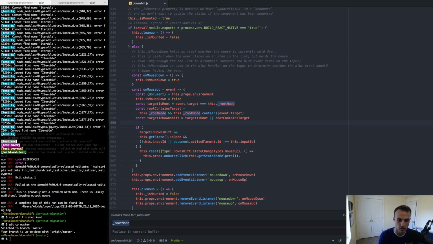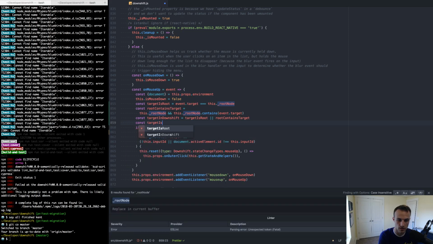So const target is downshift input. And active element ID is,